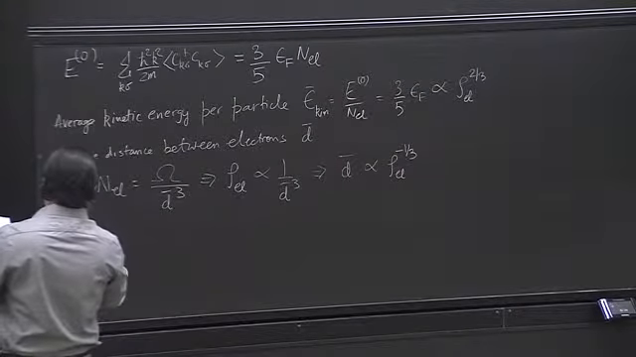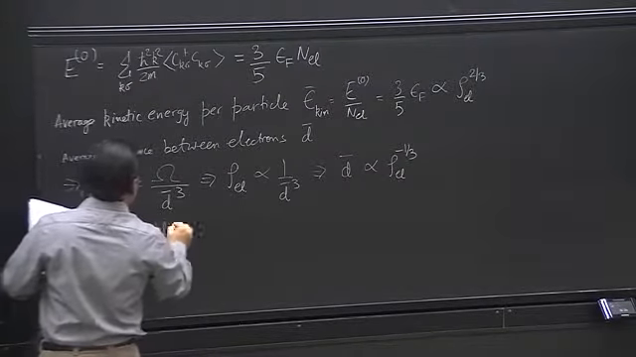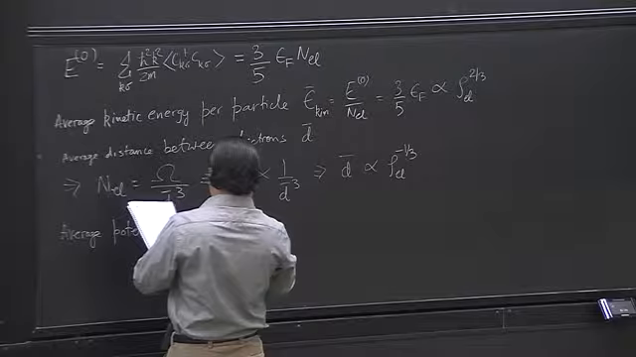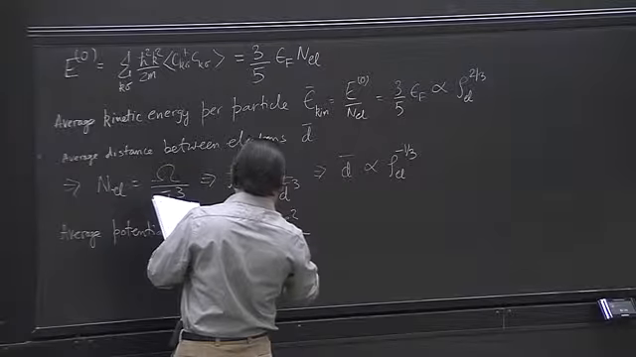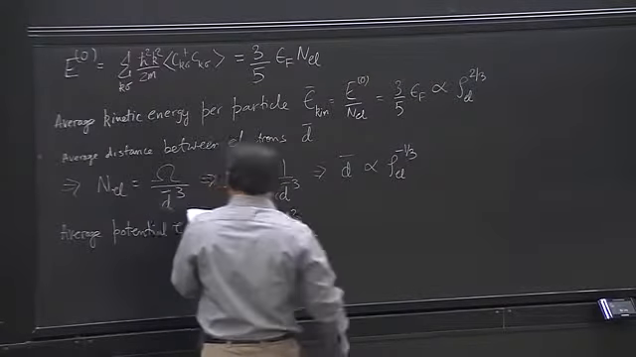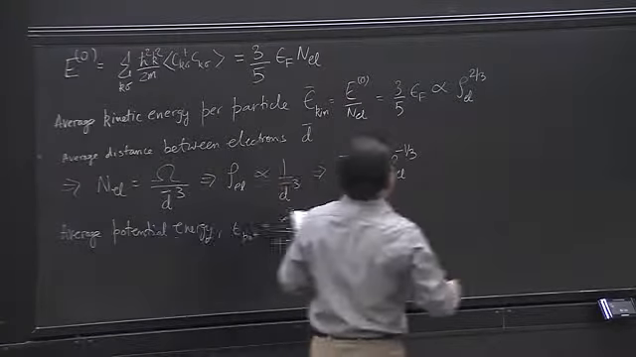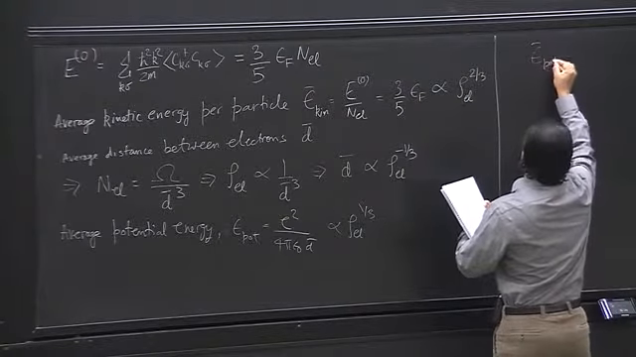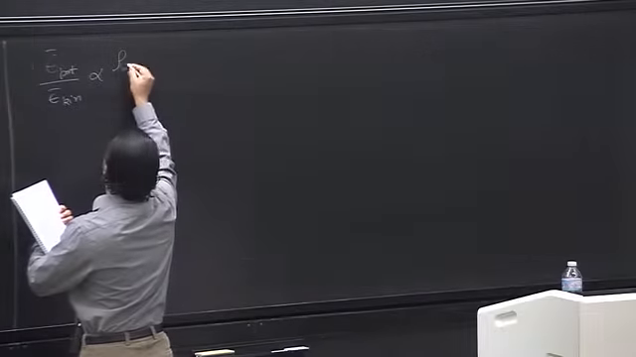Now, the average potential energy can be calculated as e squared over 4 pi epsilon naught times the average distance. This goes as rho electron to the power 1 by 3. So now we have it: the ratio of average potential energy to average kinetic energy goes as